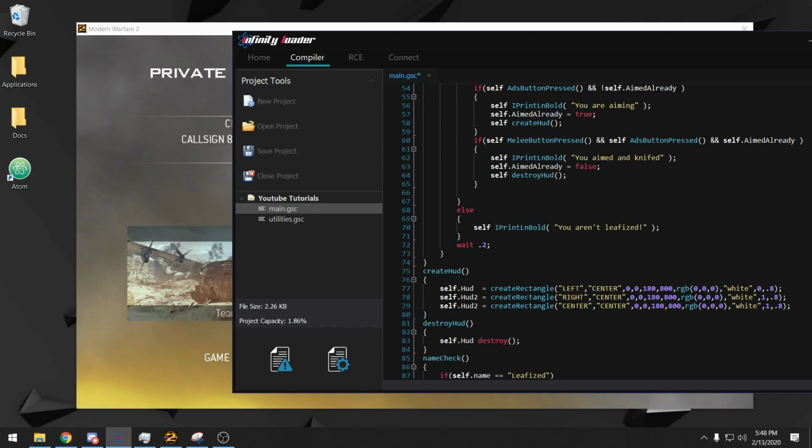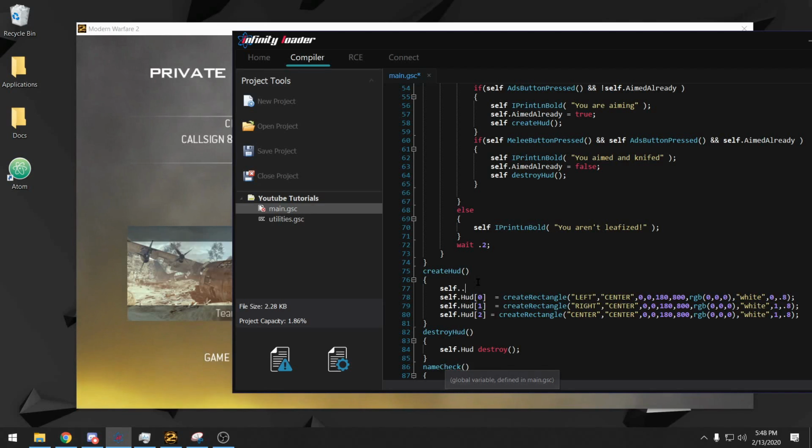All right, and then I'm just going to make, or better yet, I should do this. Self.hud 0, 1, 2. And the reason I'm going to do that is now, so if we do self.hud